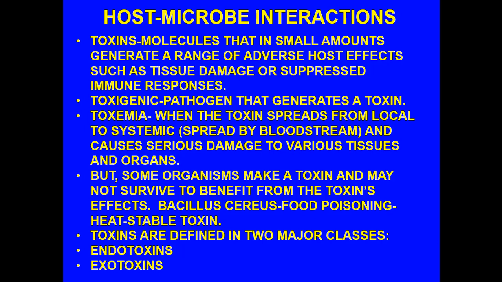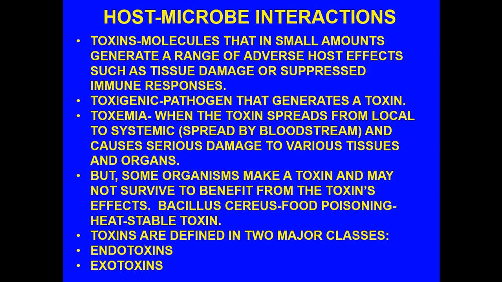When we talk about the term toxemia, that's when the toxin spreads from local to systemic. So it's now spread by the bloodstream. It may then cause serious damage to a variety of tissues and organs. For example, anything that does a lot of filtering, liver, kidney, that's when you're going to see toxemia have some really quick, clear signs, because these organs are involved with filtration, going back to your anatomy and physiology too, and you can see how this will cause a lot of destruction. You'll end up with multi-organ failure. First organs probably to fail will include the liver and the kidneys.